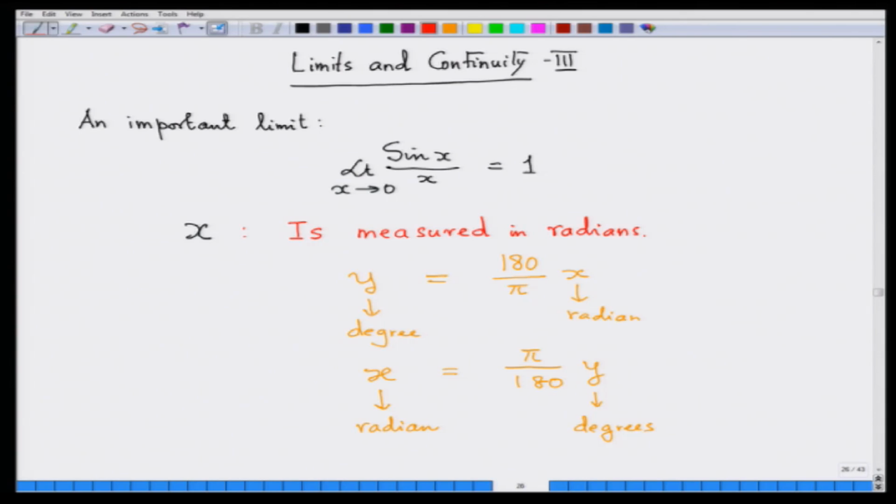It is the second week now, and we are going to end our discussion on limit and continuity. Today we are going to talk about a very important limit: limit of sin x by x as x tends to 0 is 1. There is another important limit which we are not going to talk much about, but we will show that it can be used to compute the derivative of logarithm of x when we do it from the first principle. And that limit is